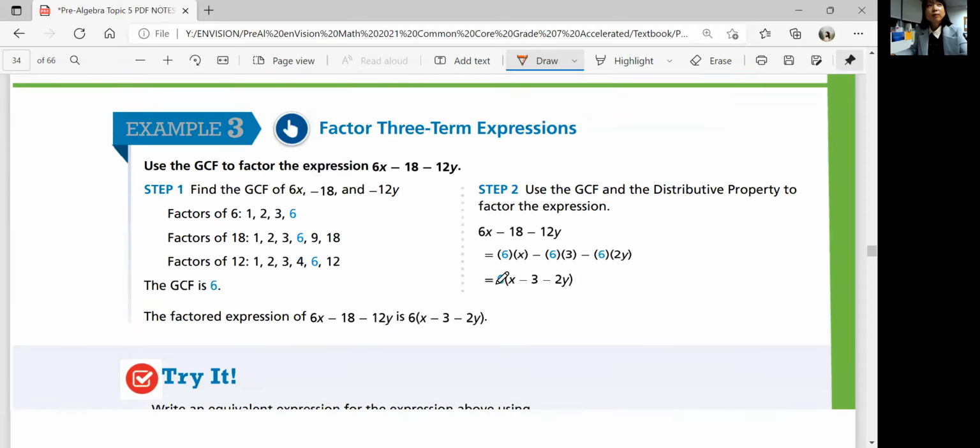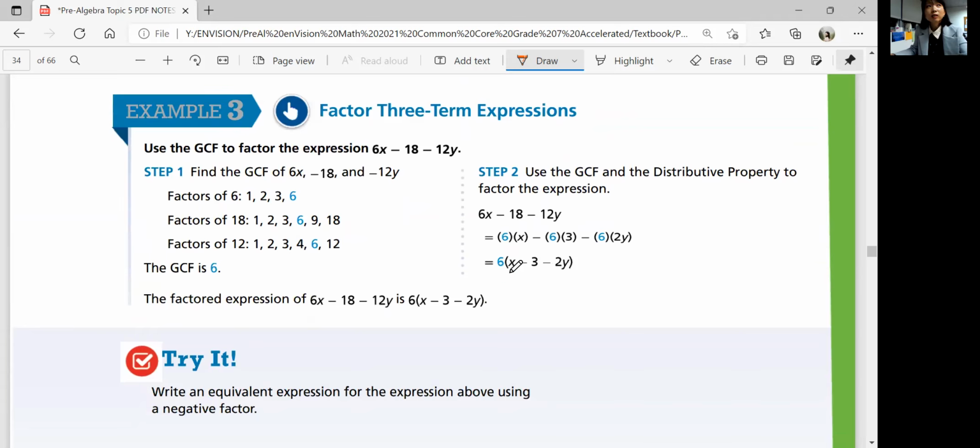All right, example 3, factor 3-term expressions. What if you have 3 terms, not just 2 terms? You still can use greatest common factor for all the coefficients, but it needs to be the greatest common factor for all of them, not just 2. Okay, so make sure you find greatest common factor for 6, negative 18, and negative 12, which is 6. So you can use it to